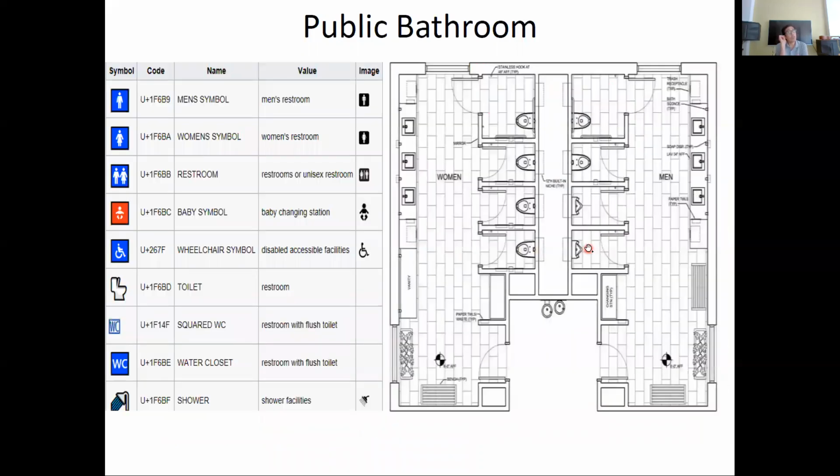It's also designed for the disabled, and they put a cubicle designed for the disabled. As you can see in the drawing, there's also a cubicle for the disabled. There is a vanity, a mirror for the vanity.